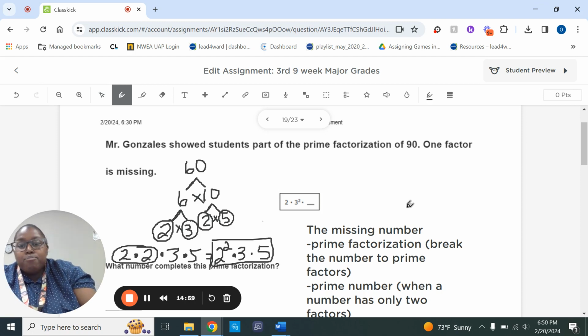Okay? Now, you really just have to do the same thing with 90, but you can't use 6 times 10 because 6 times 10 doesn't give you 90. Think of two numbers that can get you 90 and break it down until you get two prime numbers. If you do not know all of the prime numbers,